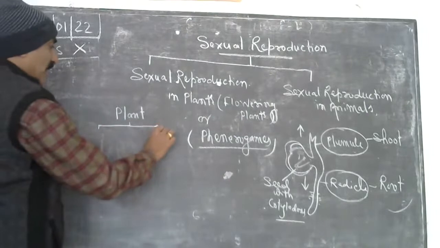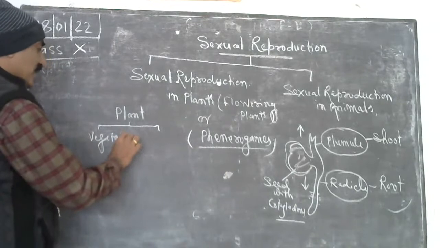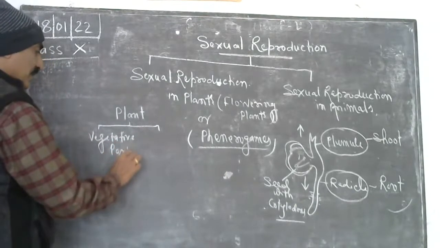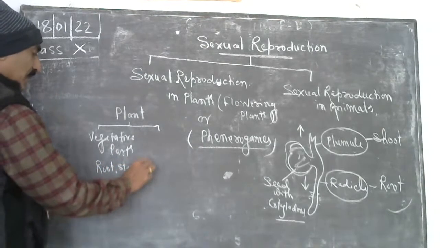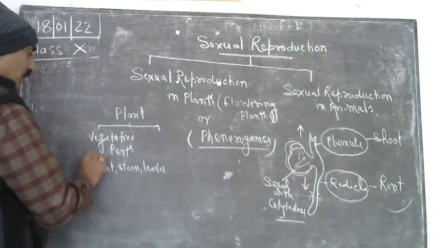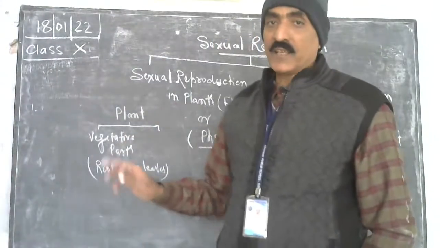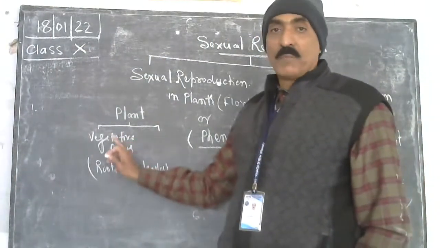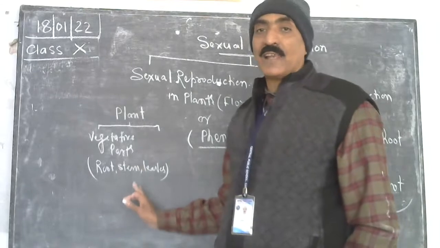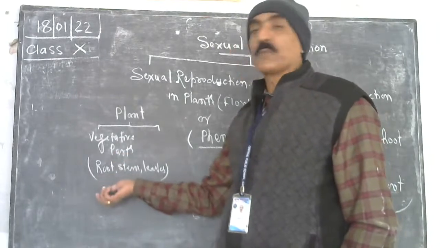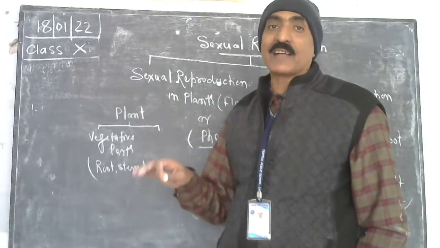अब देखो एक पार्ट है उसको बोलते हैं हम लोग वेजिटेटिव पार्ट। दिस इज कॉल्ड वेजिटेटिव पार्ट। It includes root, stem, leaves. Root, stem and leaves are the vegetative parts of the plants. Plant में तीन part हैं mainly and that is called vegetative part. It includes root, stem and leaves. Okay, root helps the plant to derive water and minerals from the soil and provide anchoring to them.